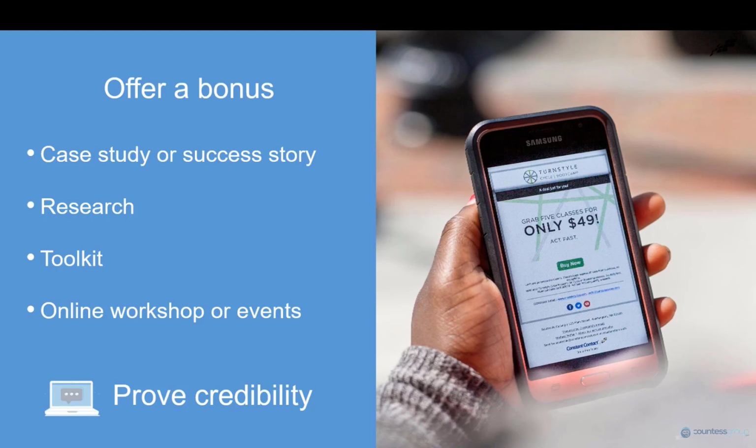Now, these are just a few ideas you might use for your email strategy. Remember, it's all about the value that your organization and your emails provide that will inspire people to support you. Make sure your sign-up process reflects that. People will be much more likely to sign up. Now, once you get people to sign up,